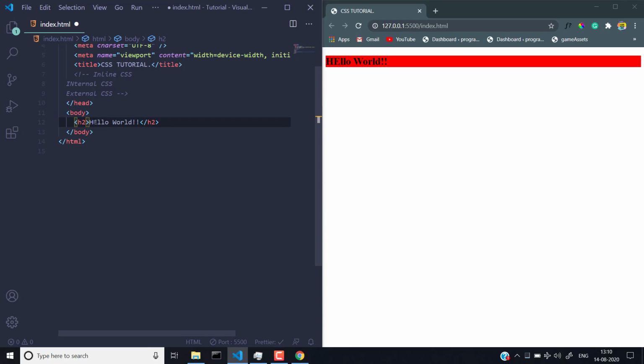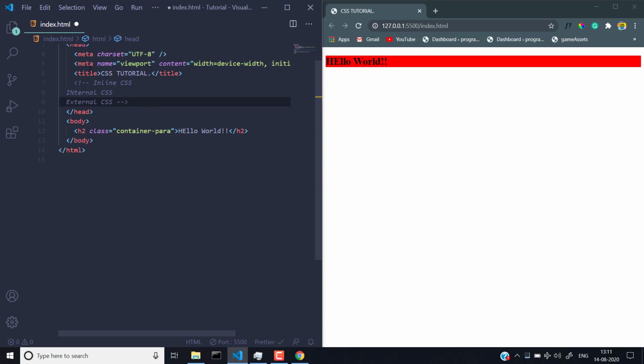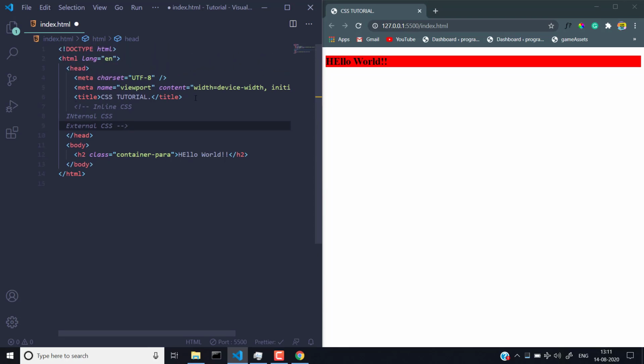Okay, so in my h2 tag, I'm going to give it a class. A class is generally a classifying method for CSS, and I could give a class of container para. You could give any name to a class. Now internal CSS means, like we have the title tag, the head tag, and the body tag, we have another tag called the style tag.